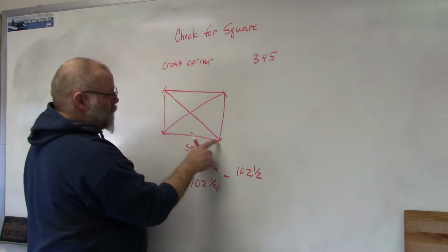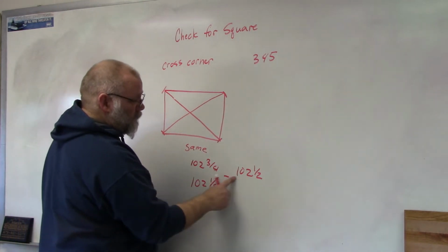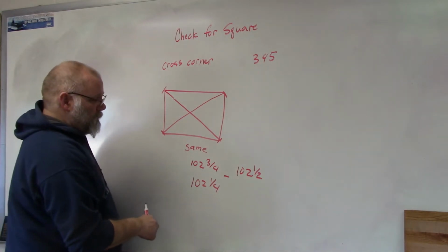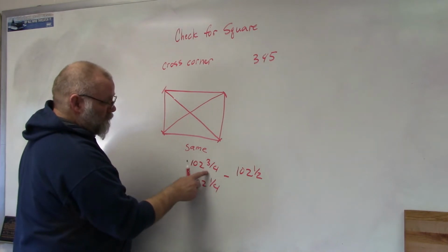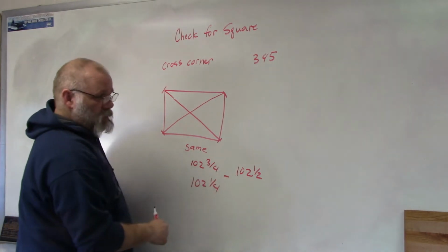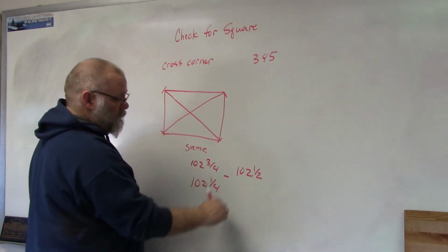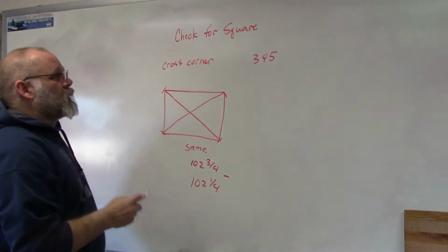So measuring across corners, with this measurement and this measurement, I should move them until I get this measurement, okay? It's right in between these two numbers. Between 102 3/4 and 102 1/4 is 102 1/2. So that's the number I would shoot for. Okay, so measuring cross corners, make sure you get the same measurement. Okay, now the other method